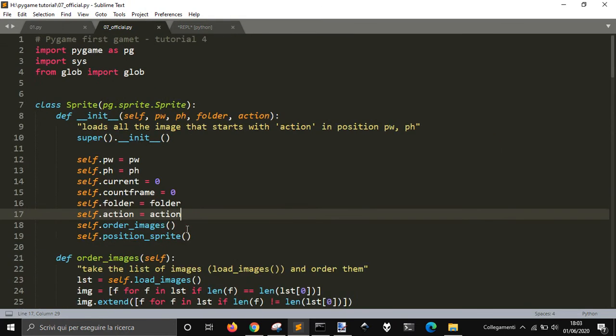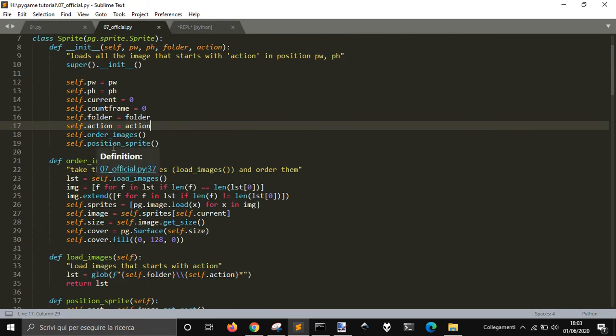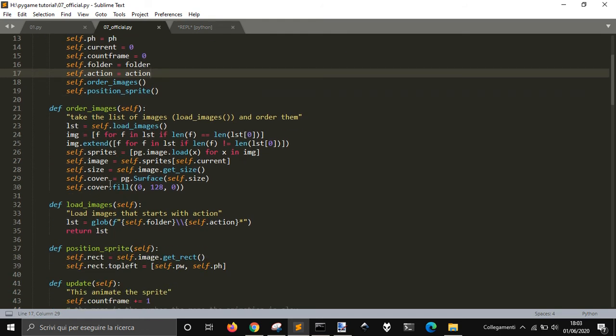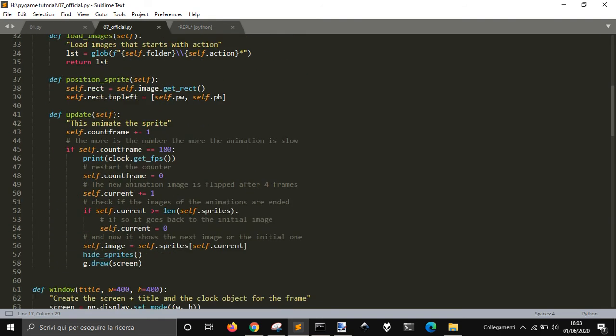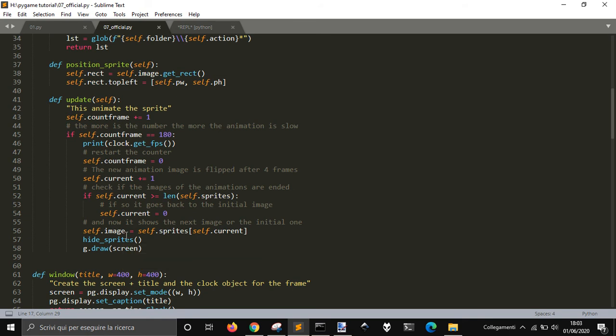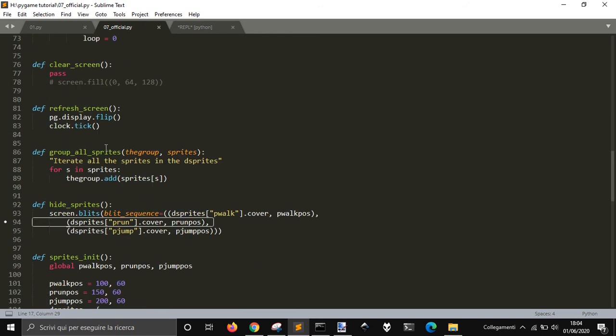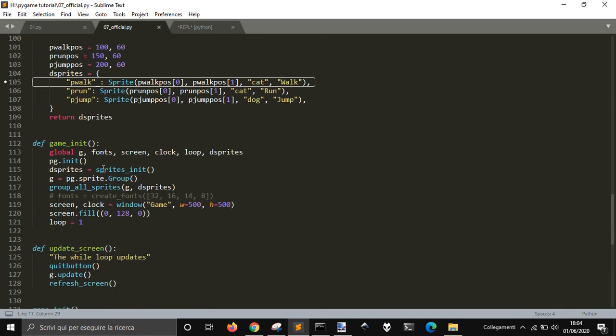You see, if you followed my previous post, I have a class called sprite that helped me make the sprite, loading the images and having an update function that I can use with grouping the files, and when I update the function, it changes the image to make the animation every 180 frames with this counter here. And so we have some initialization stuff here with